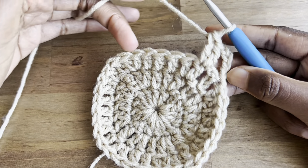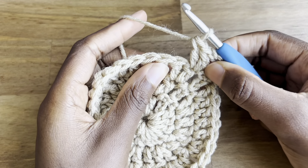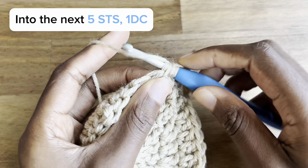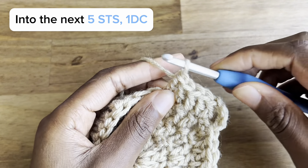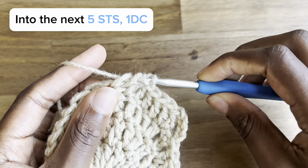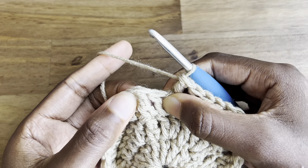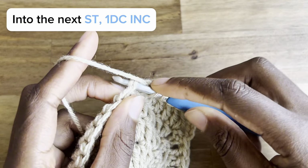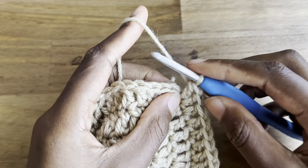So I'm going to complete the sequence for this round just so it makes sense. But we just did our increase, and now we know we need to do 1, 2, 3, 4, and 5 double crochet, and after 5 we should be 1 stitch away from the corner, which we are, and that means it's time to do our increase. So again, that's 2 double crochet in the same stitch,